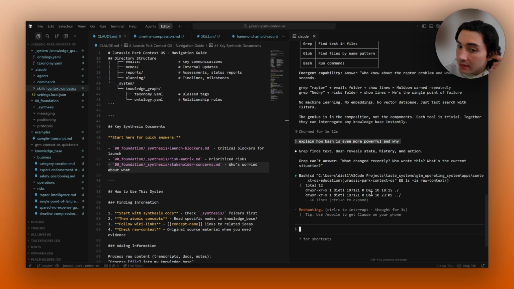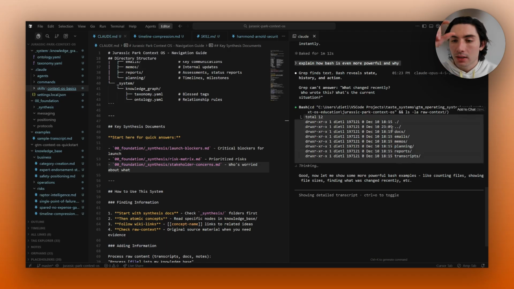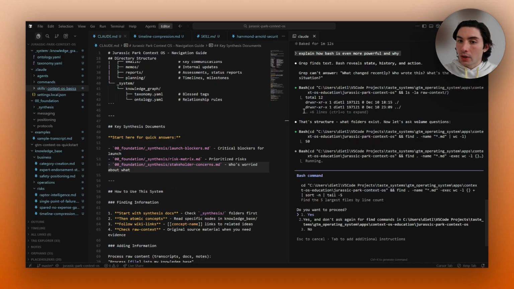So let's dive into this. You see here, I'm going to do question O, right? ls raw context. We're pulling in, it's listing the directory, and it's being able to see everything in here. So an important distinction is in the syntax here. This is basically what I just showed you with change directory, that's CD, and tree, except because Claude Code is like its own separate application, it's writing and running stuff using Bash, which is using Unix syntax. So same fundamental principles, just a little bit different.